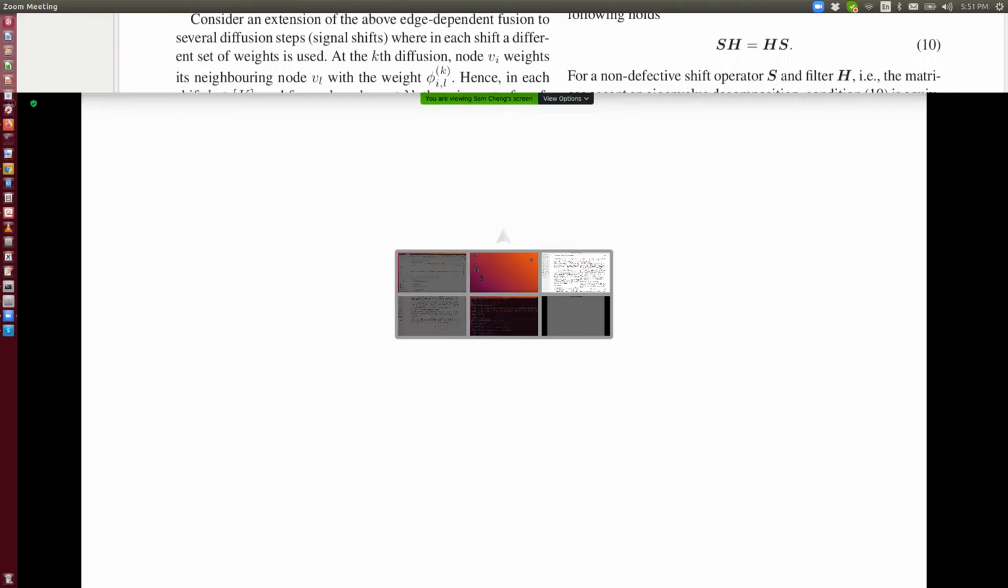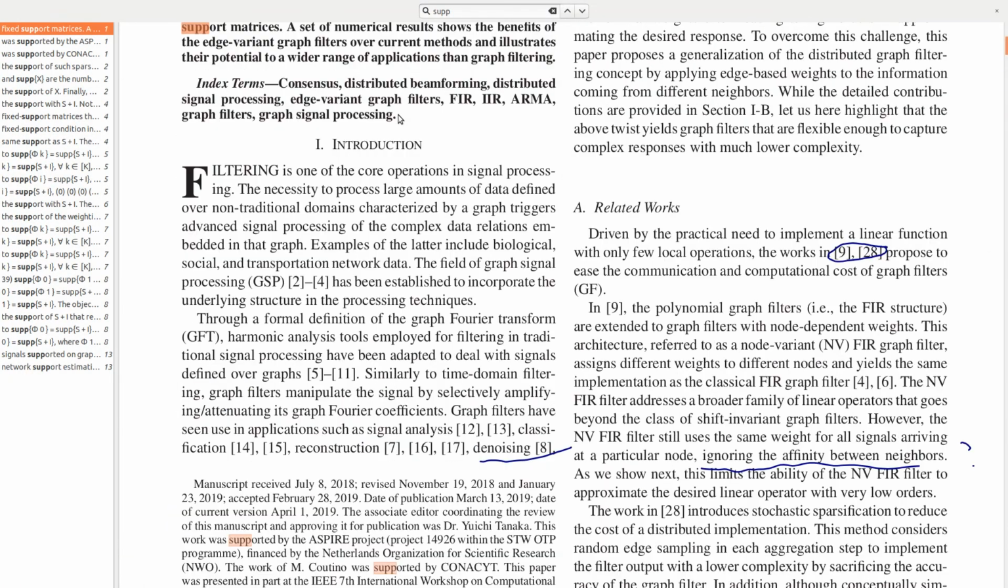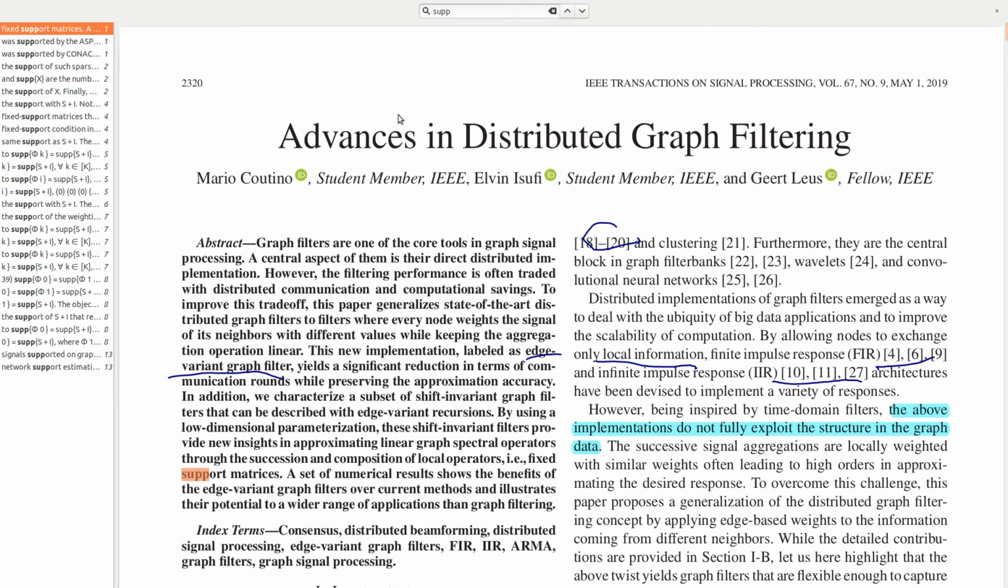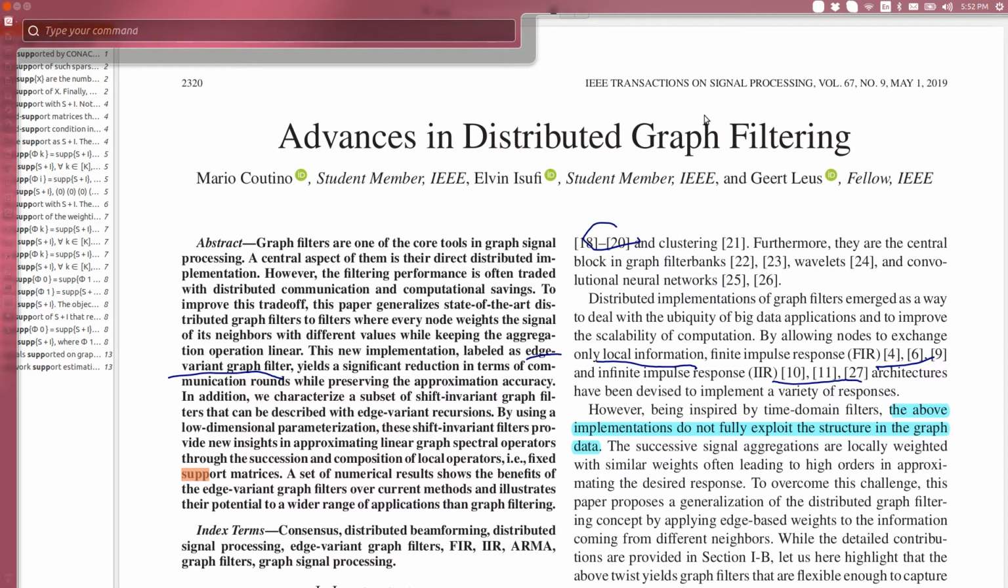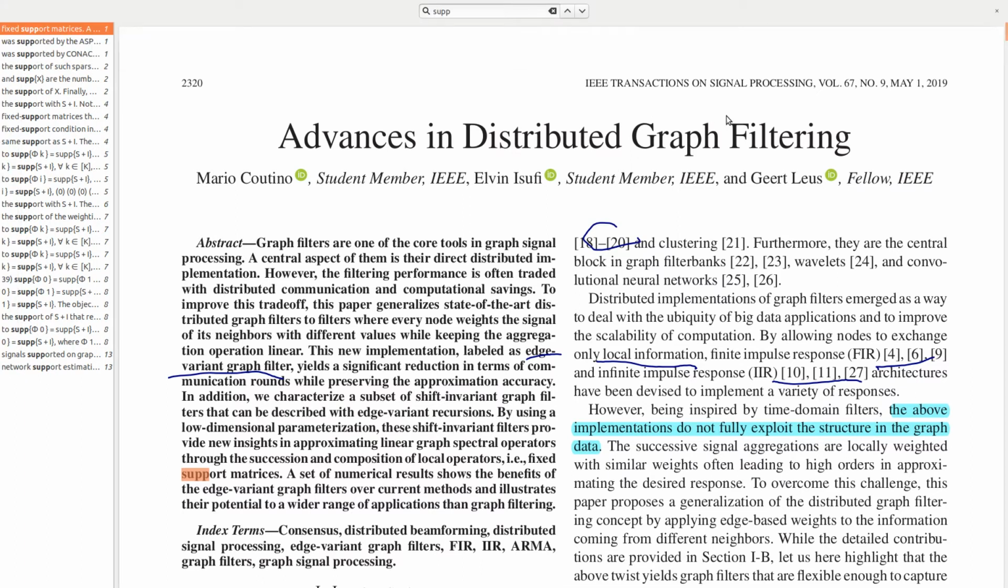Hi there. I'd like to continue to talk about this paper, and I guess I made two videos, just an introduction of graph signal processing and distributed graph filtering. So this is again a paper that is trying to extend some conventional or classical approach to implement a distributed graph filter. And a quick review here is that we have this kind of